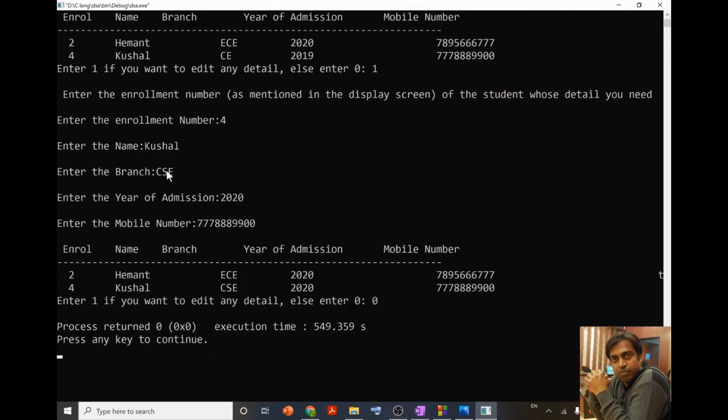Directly we can ask the user whether they want to edit the enrollment number, name, branch, year or mobile number, and accordingly ask the user to enter that corresponding correct information, instead of asking this whole information again. So in that way also we can modify this particular program.